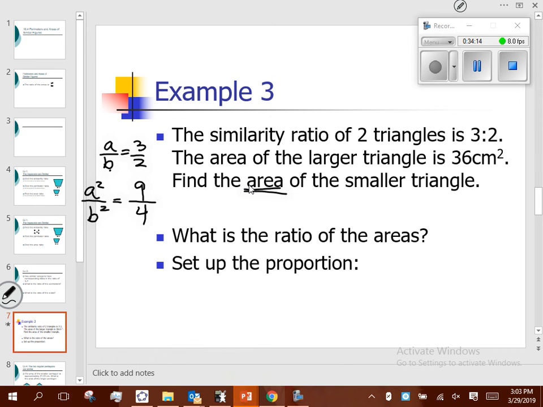One of them is 36, and that's the larger one, right? The second aspect is that when I'm done, the number I get should be smaller than 36, since 36 is the largest triangle. So I'm going to take this number, 9/4. That's how my areas compare. I don't know what my areas are, but they compare in a 9/4 ratio. I know one of them is 36. Why would I put 36 up top? Because it's the biggest one, right? And the numerators have to have something to tie them together. In my numerators, the 9